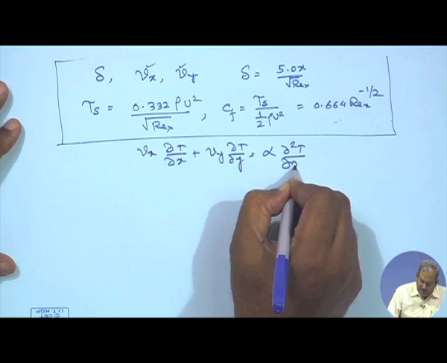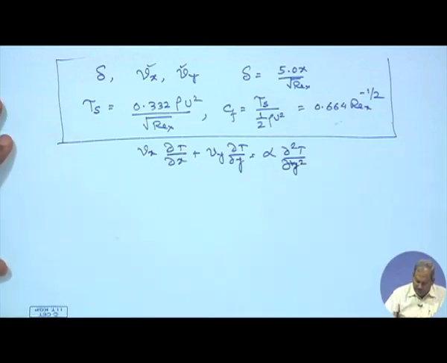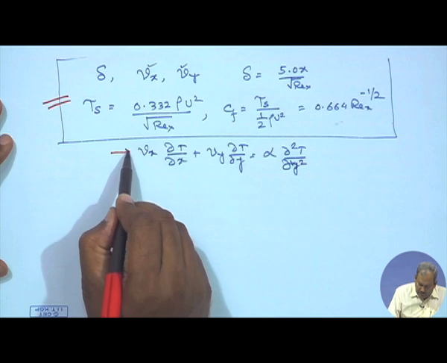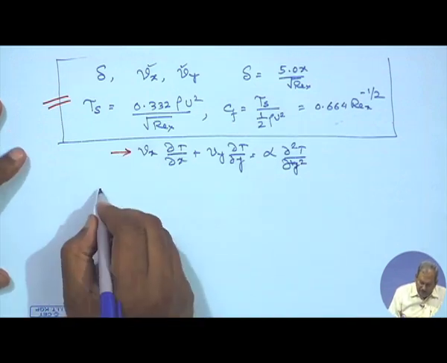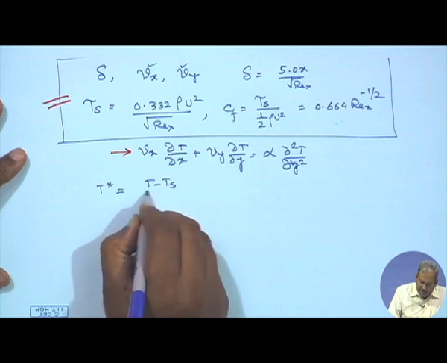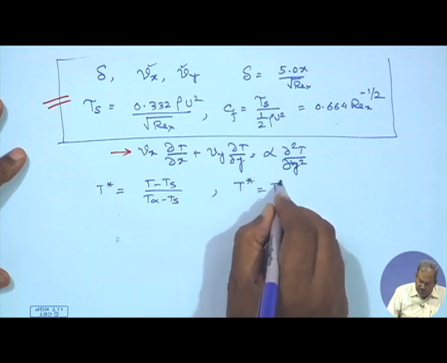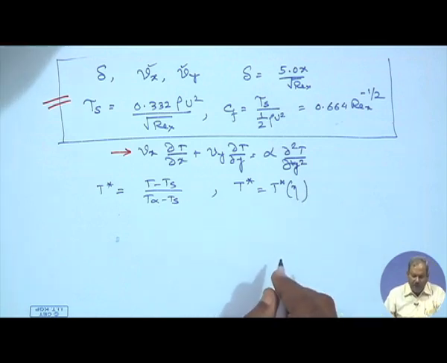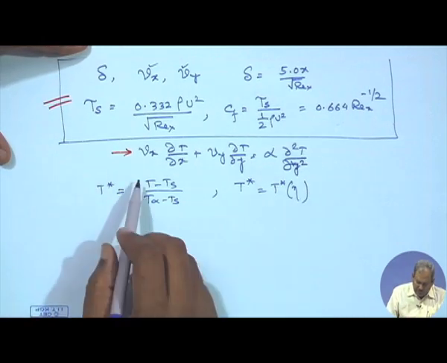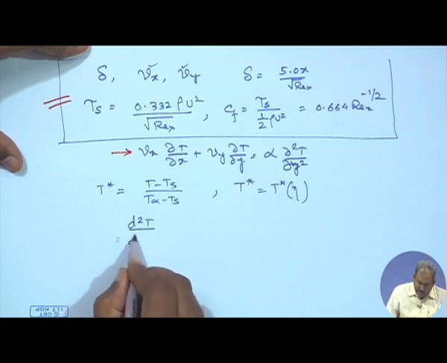This is the energy equation inside the boundary layer. We can try to solve the equation now. So, this is a requirement for starting the solution over here. First, we define a dimensionless temperature as T minus Ts by T infinity minus Ts, and as before, we say that this is going to be a function of eta, the combination variable, only. The same way we have done before, we should be able to convert this equation, and the equation that we would get is shown here.